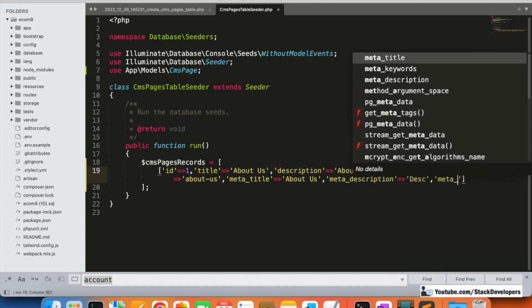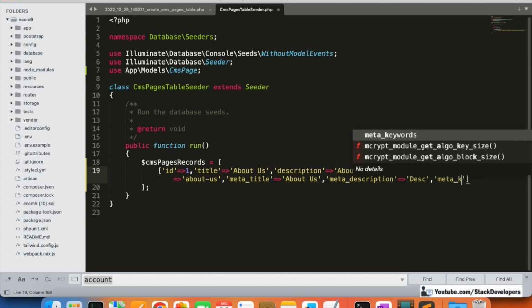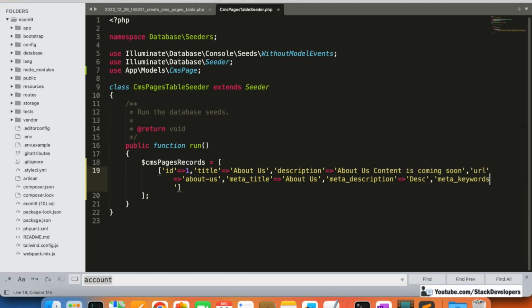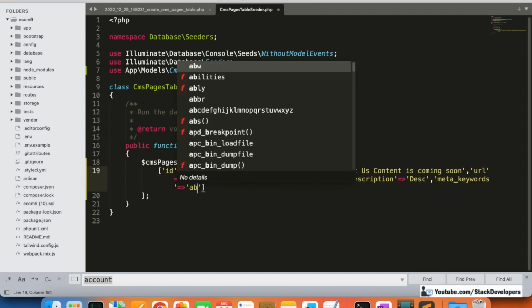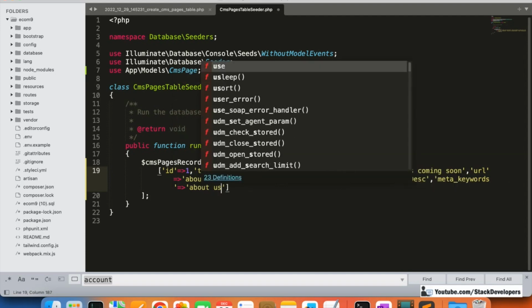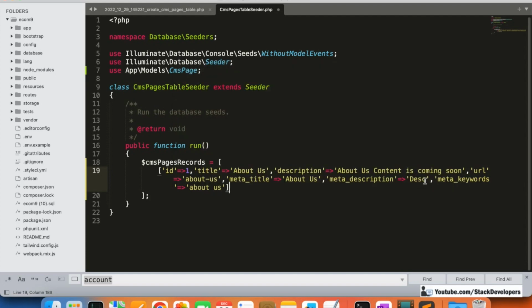Meta keywords, now we can simply add like this. Okay,